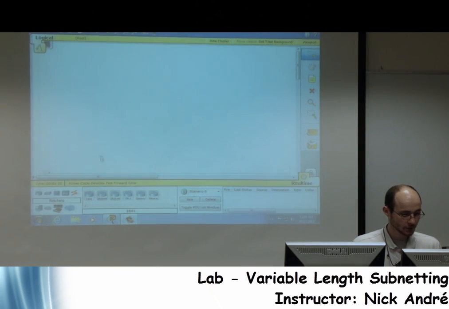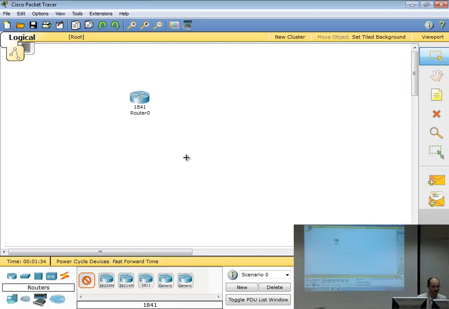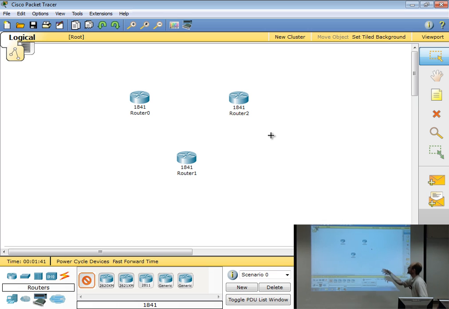I'm going to come down here, hold the control key, and click on the first 1841 router. I'm going to drop these three routers together. Now everybody has their own unique method when it comes to setting up their logic topologies. What I like to do, instead of coming up and down from the logical workspace to my tool palette, is